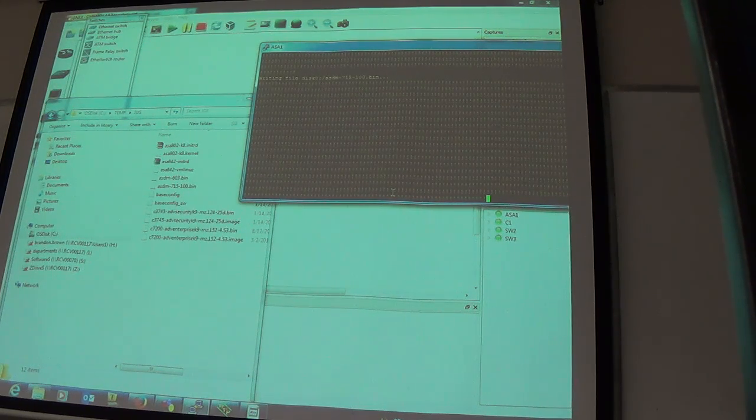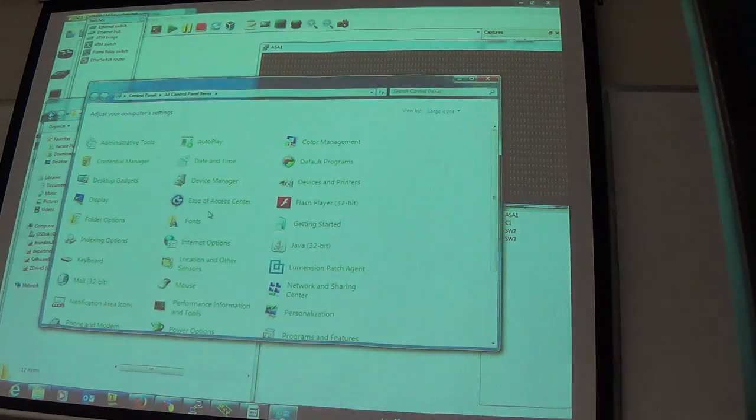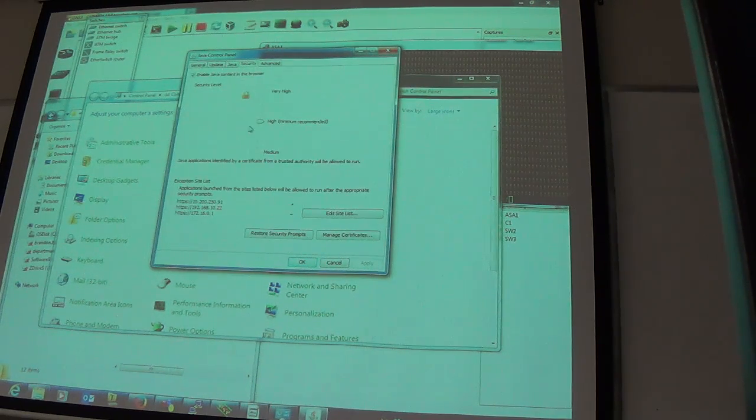Now, let me also talk about a Java issue that happens. You will have to go into your Java console and allow Java to communicate with the address of your ASA. Okay? Do that in a site list? Yep, it's a site list. So if I go back to control panel, and I go to my Java settings, under security,